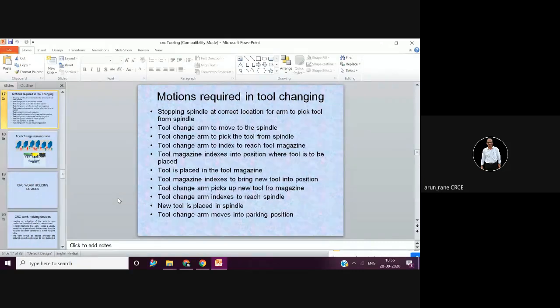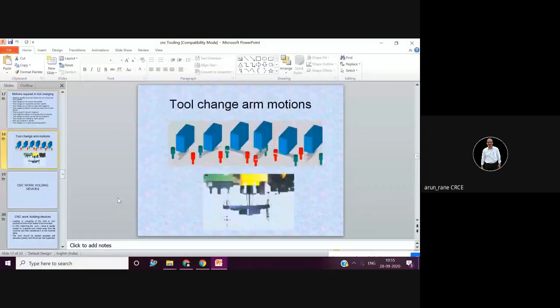But that M06 is made up of different codes, like arm comes, then tool is released, then arm grips the tool, then it rotates, then it fixes. So all these are called the therblic. Therblic means what? We are doing now micro motion study. You know. So all this tool change sequence is divided into small motions.